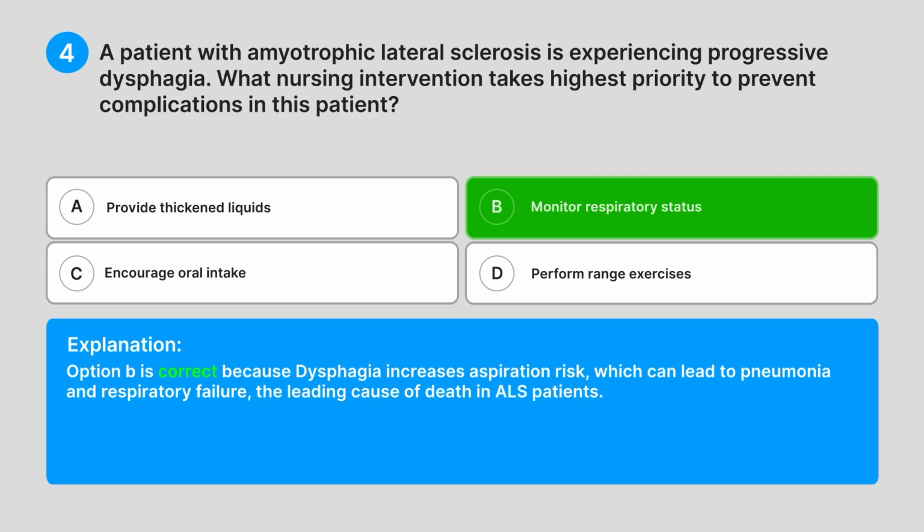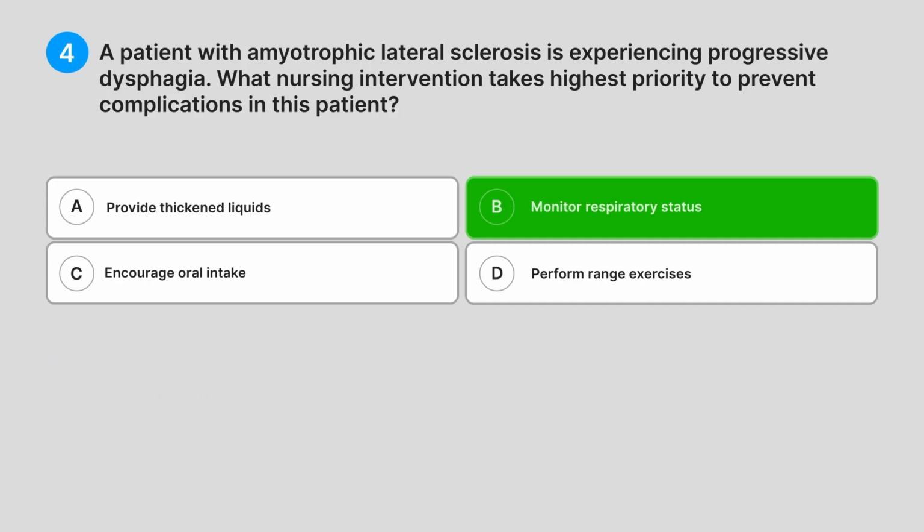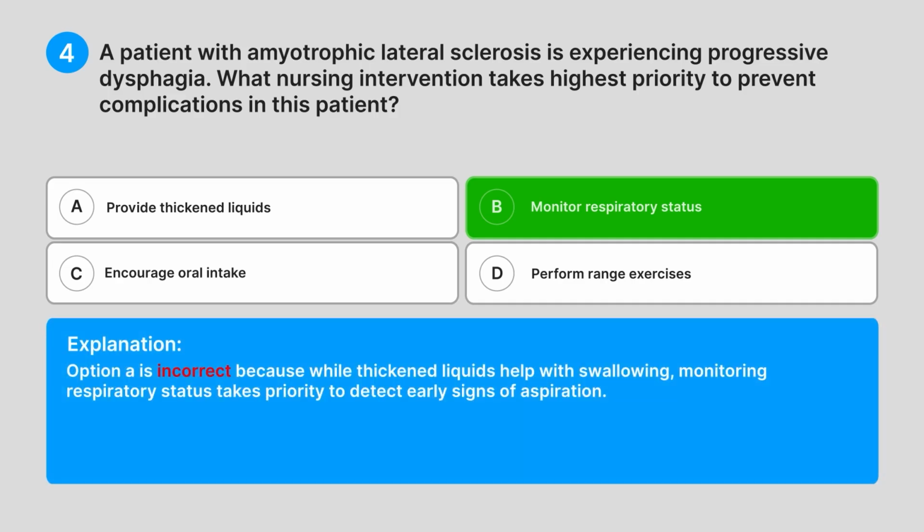Explanation. Option B is correct because dysphagia increases aspiration risk, which can lead to pneumonia and respiratory failure, the leading cause of death in ALS patients. Option A is incorrect because while thickened liquids help with swallowing, monitoring respiratory status takes priority to detect early signs